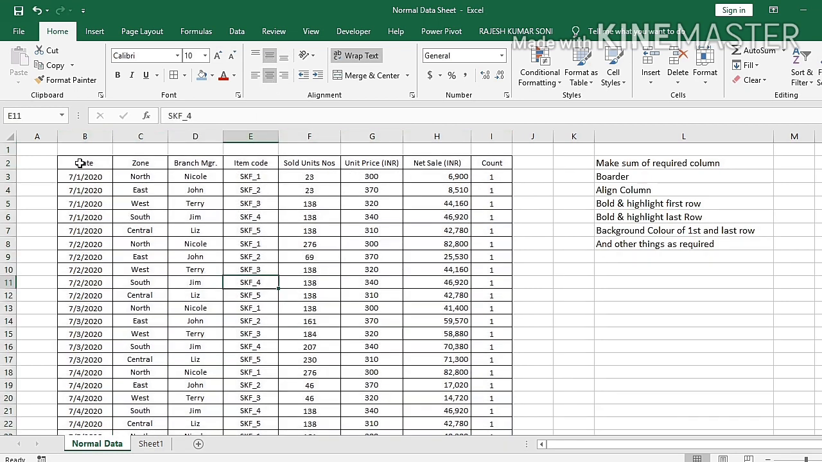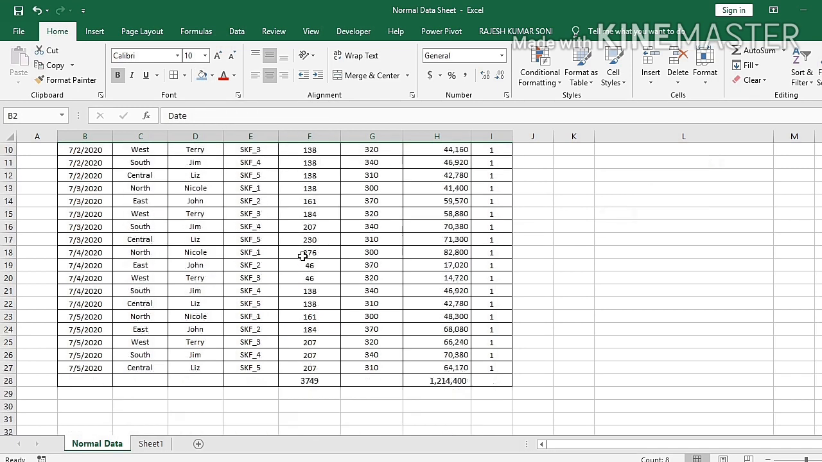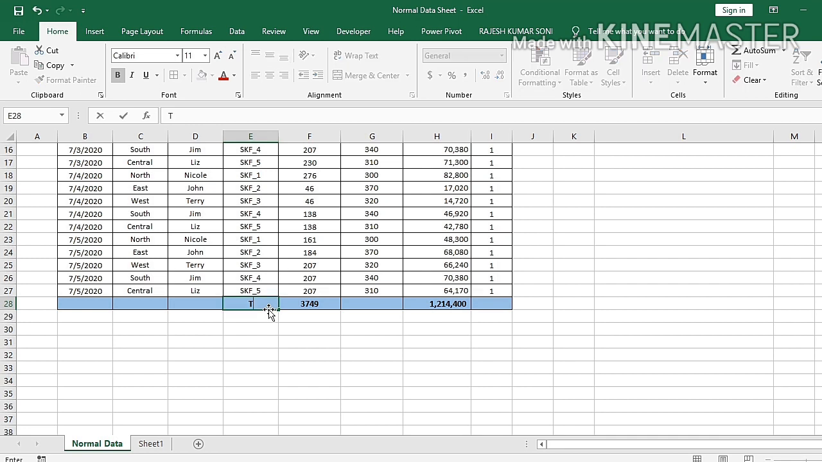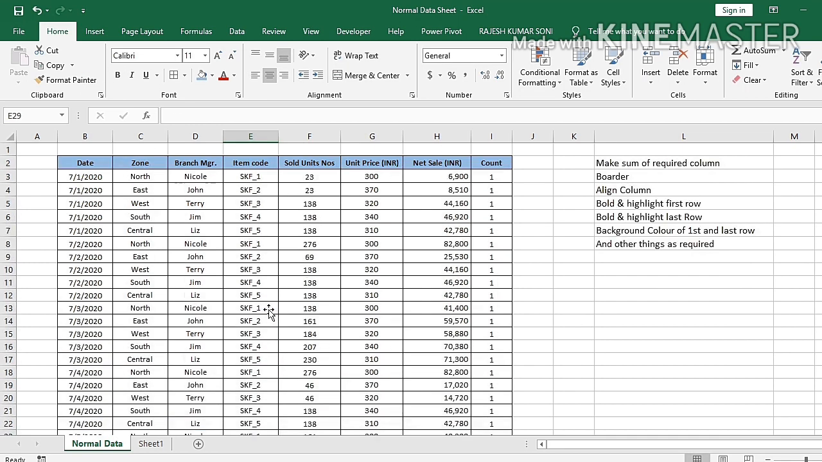Now the header should be in bold, and we will also give some color. And we do the same with the bottom. We also write total. Now this data is ready, and most people make the data like this and send it to somebody who requires it. But we can work with this data in a different way, and that will be more informative,